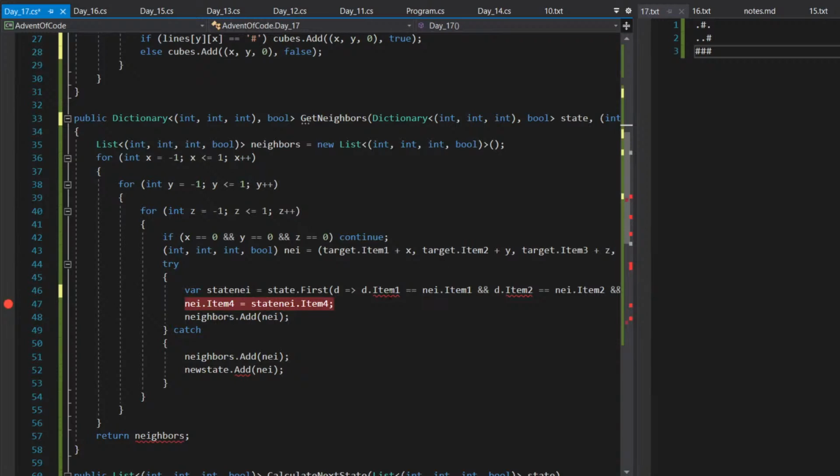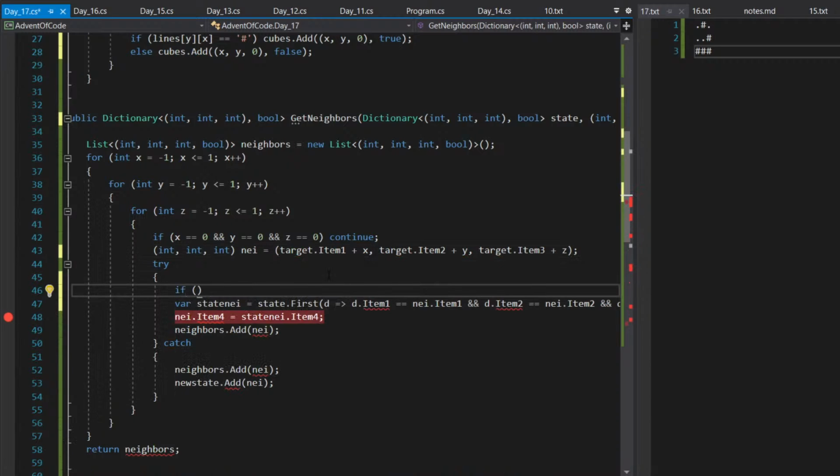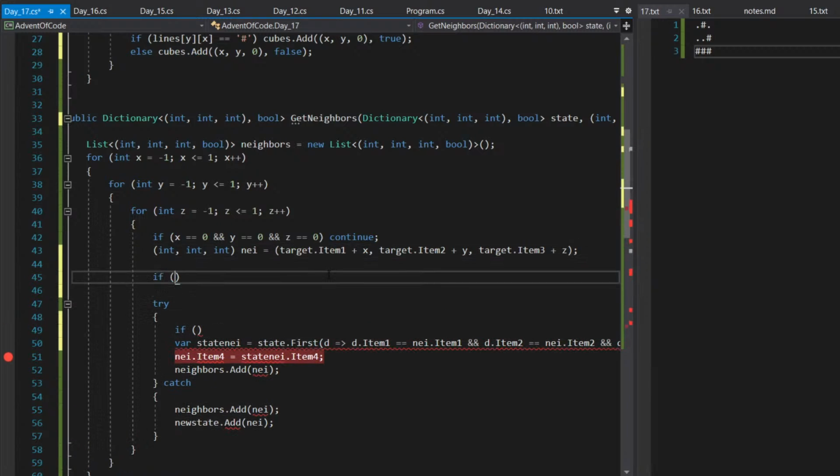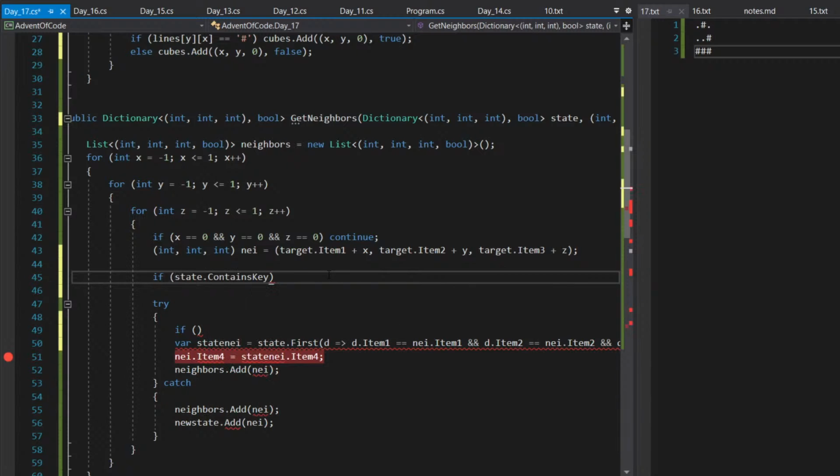Right, and then down here, I'll set a tuple like this, and I'll say, put this up here, if state contains key of neighbor,